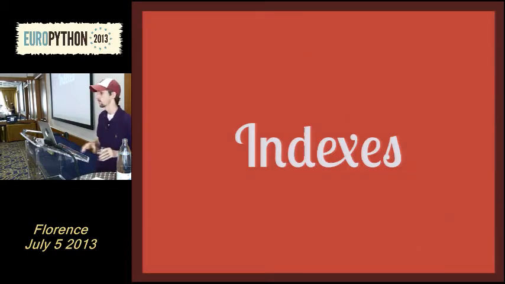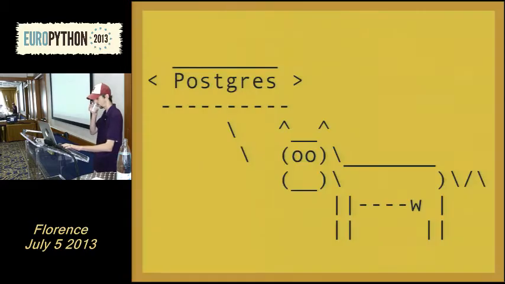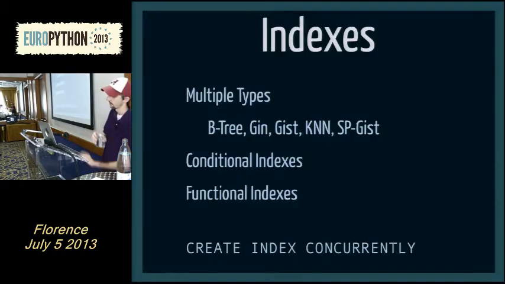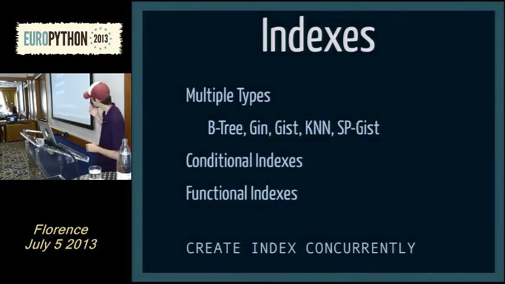Even outside of the ORM, if you stick with the bare bones, you've got some limitations. Postgres, as you might expect, has a pretty rich feature set. With indexes, it has multiple types: btree, gin, gist, knn, spgist. So a variety of index types. South, which is soon getting ported to the core of Django, essentially only supports the btree index. It's just create index. It has no other types of indexes.